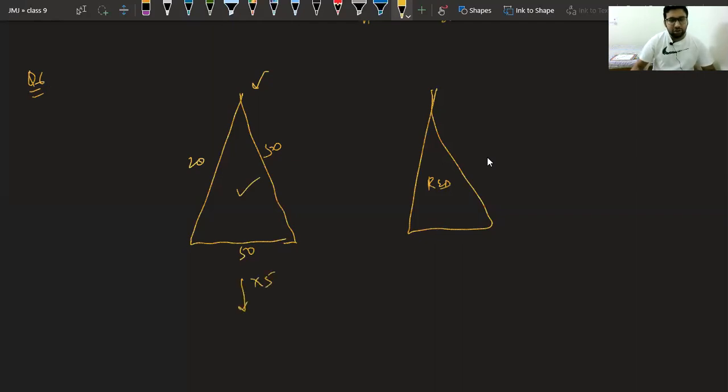It will be one color of cloth, and similarly we can say the second color. Class, I guess this one doesn't need any explanation. We have 10 triangular pieces of two colors, 5 of one color, 5 of the other color. We have to tell how much cloth is required. It's very easy. Find the area of one triangle and multiply with 10. You will get the complete cloth required.